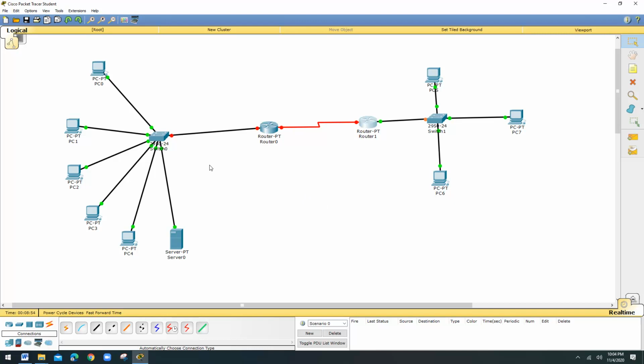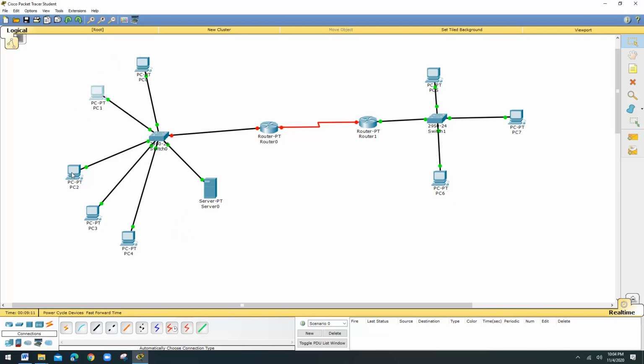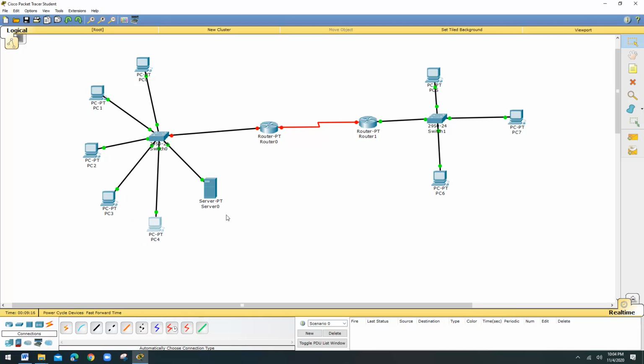Now come to the 10 network. At this point we are completing the second step. For this particular network we have to assign the IP address dynamically. That means I am going to configure a DHCP server, and the DHCP server is going to assign the IP address for all the systems. Now I change the name of this machine, since I am going to use it as a DHCP server.